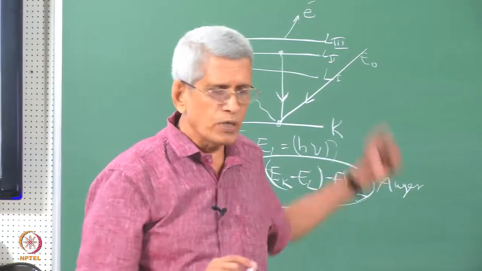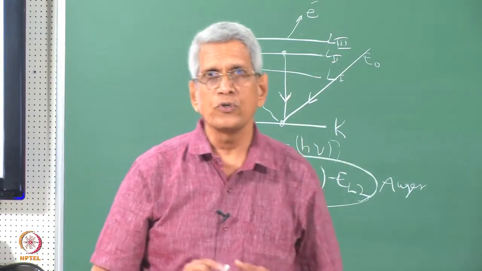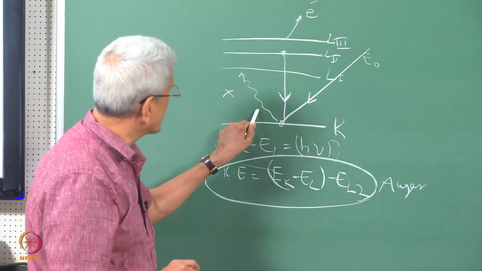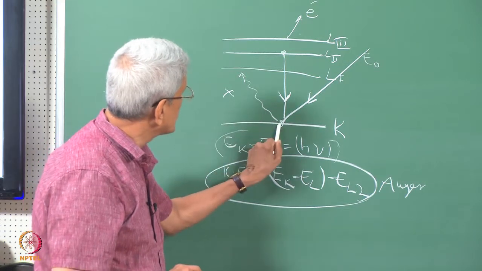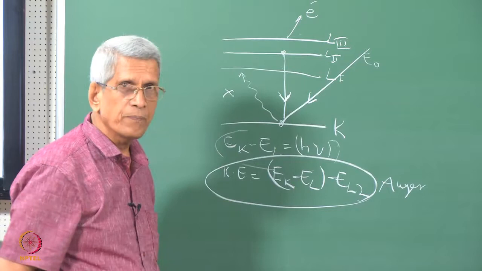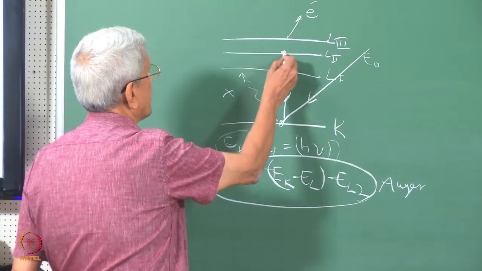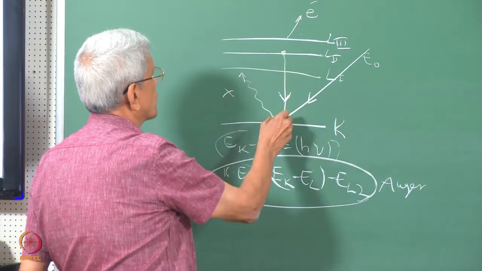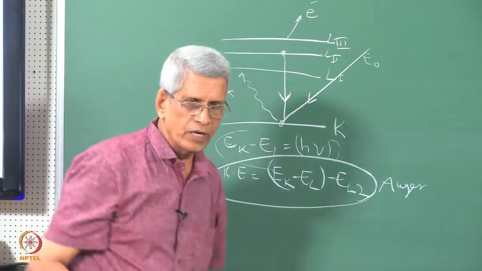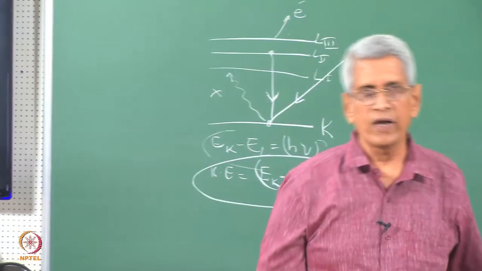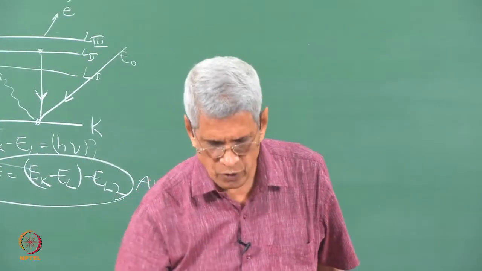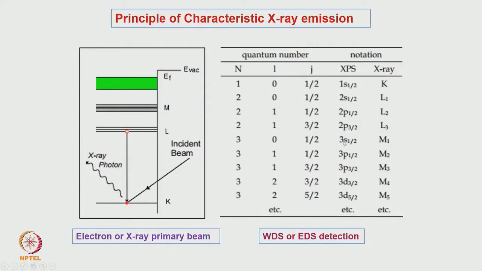So, Auger electrons could also be used to find out the composition of the element. But what is important in this context is that once a vacancy has been created, these are the two processes by which the atom could come down to the ground state. Both have a different probability or yield for characteristic X-ray emission as well as Auger emission, and the sum of that should be equal to 1. We will come back to it shortly.